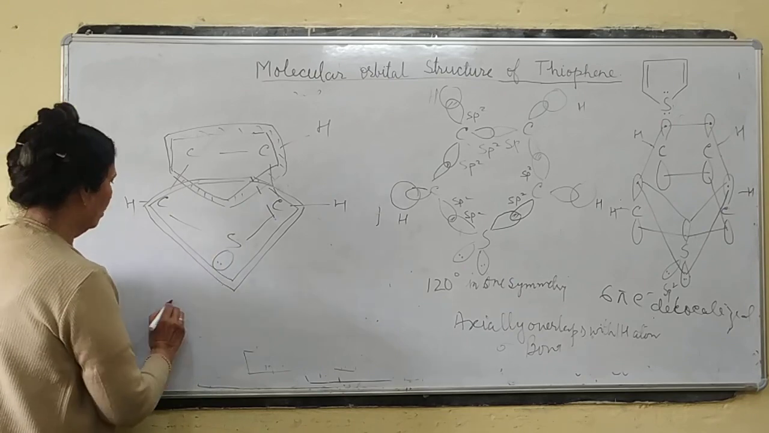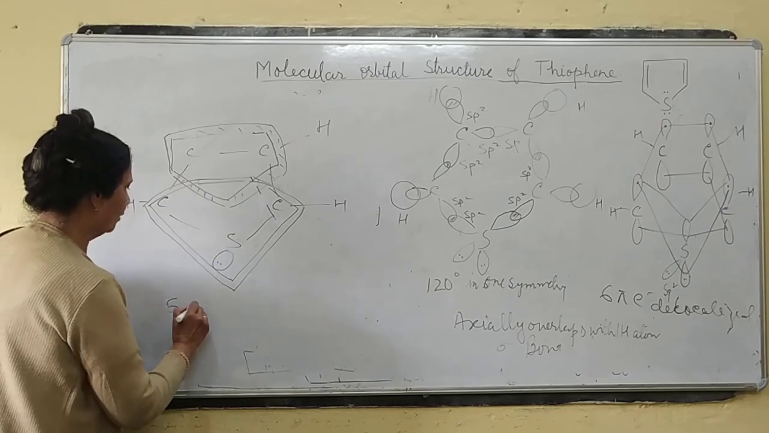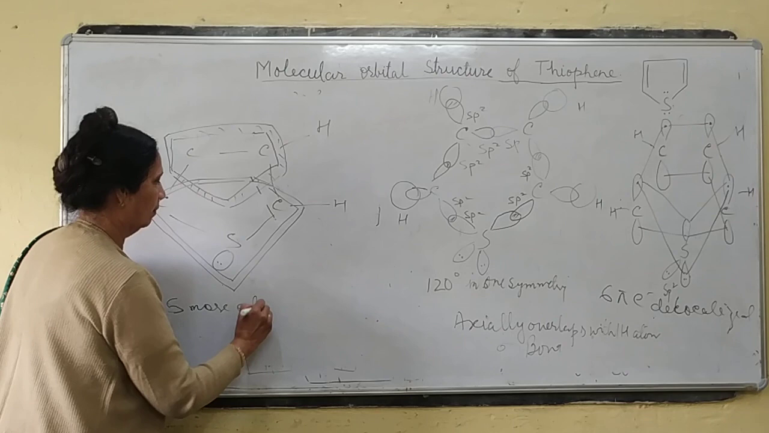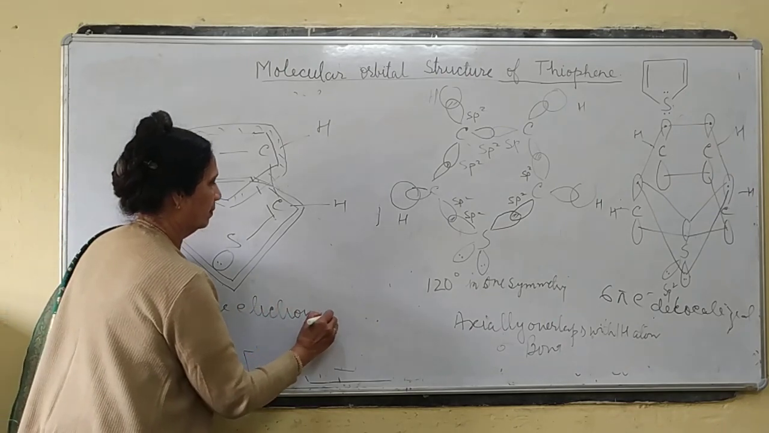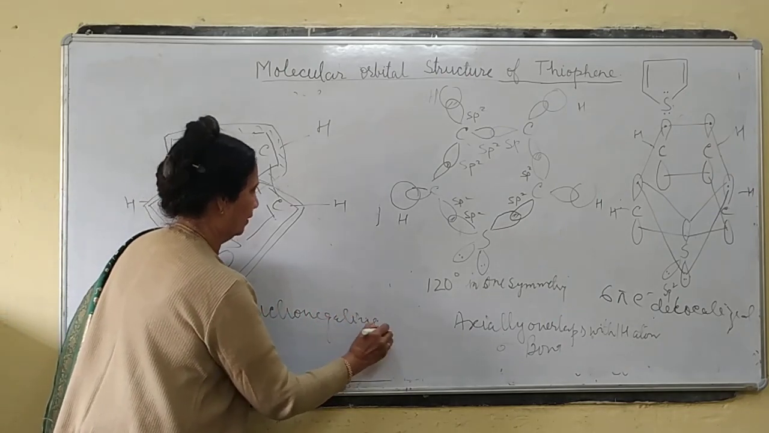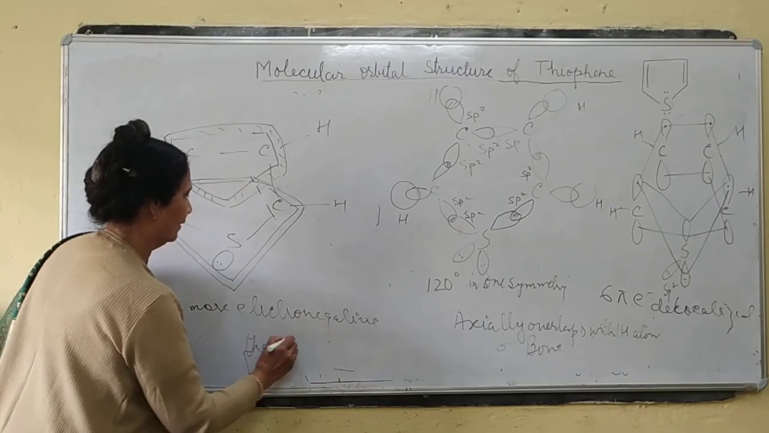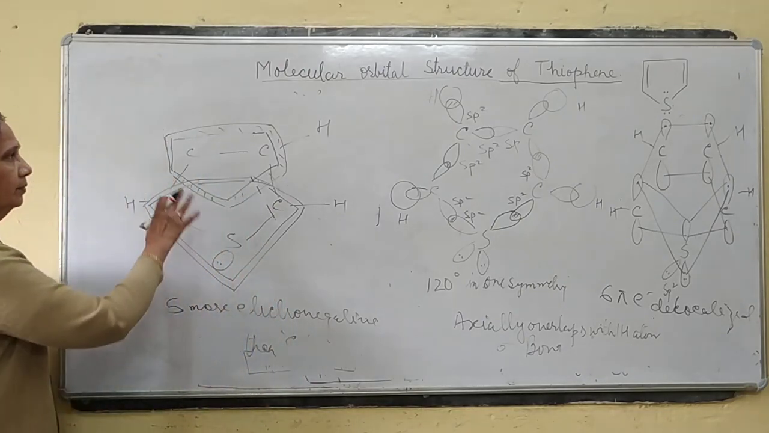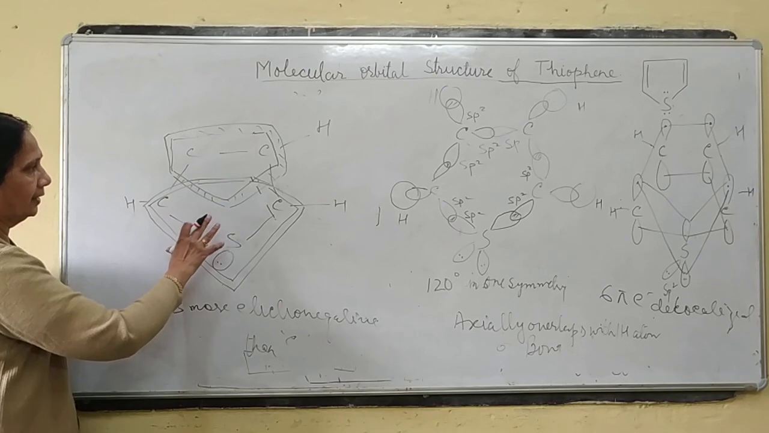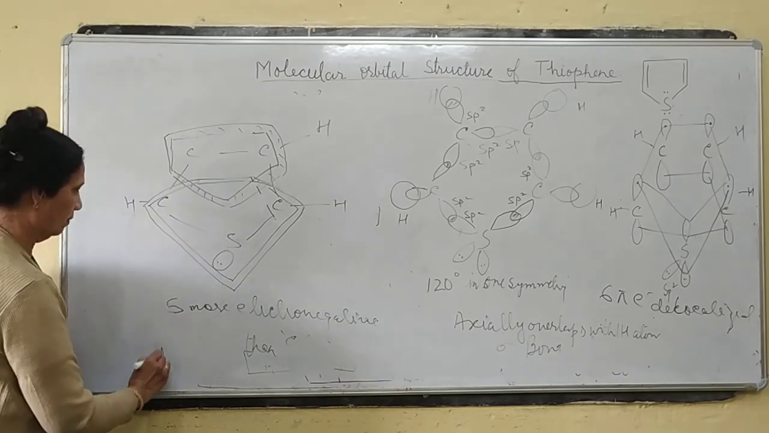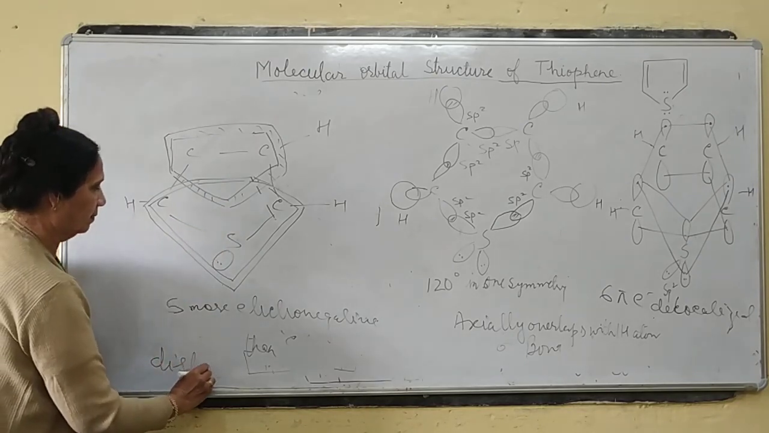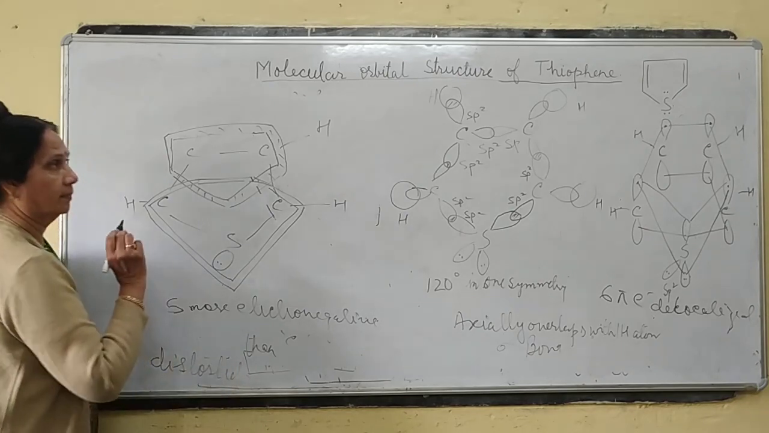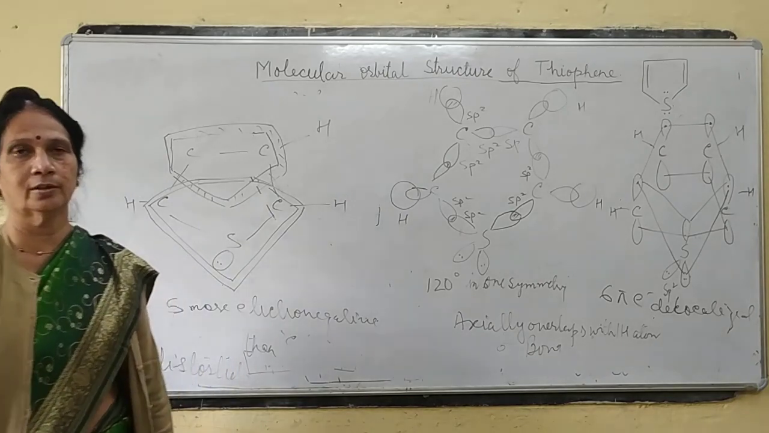Because sulfur is more electronegative than carbon, these are slightly distorted. So this is the molecular structure of